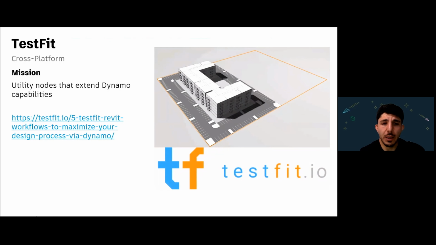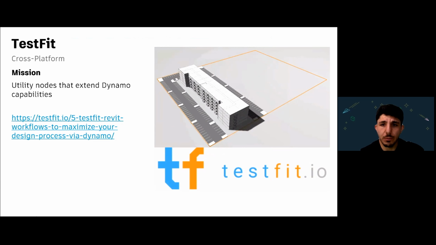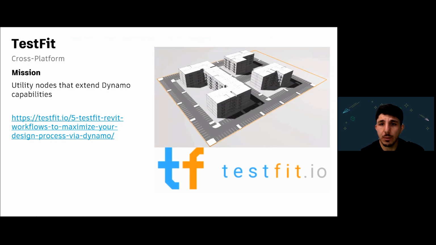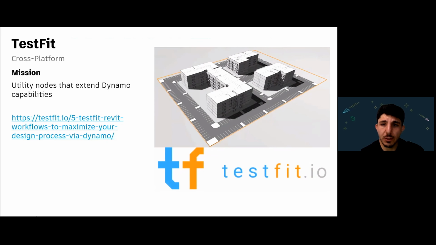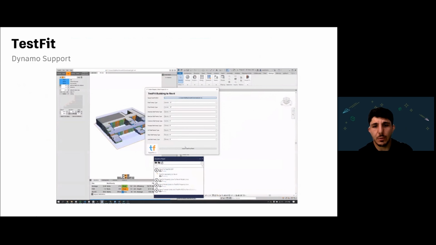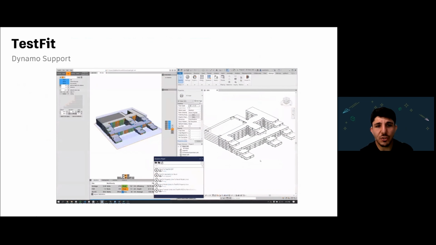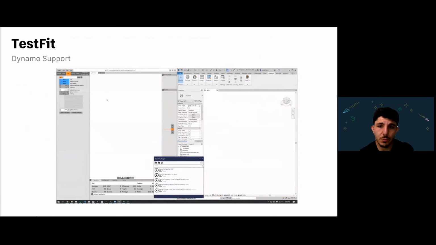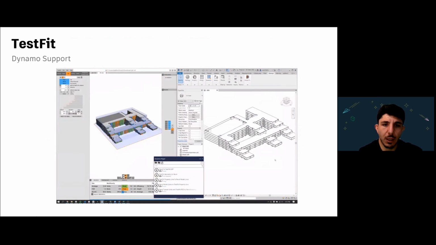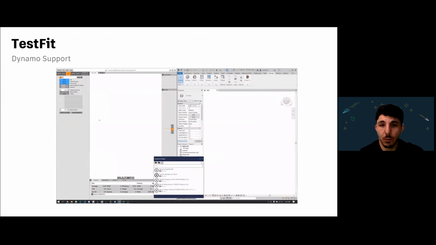And then you got TestFit, a very cool tool. A lot of people have heard about this. It helps you extend capabilities in how you model by automating a lot of the constraint-based modeling of a building. Again, it doesn't replace the designer, it just helps you see the options ahead of you. And there's a whole integration with Dynamo nodes, if you want to bring in the geometry from TestFit into Revit through Dynamo, that can control the elements, the work sets, and everything. And it's all possible. So they've already provided a lot of integrations to make it easy if that's something you want to try out here.